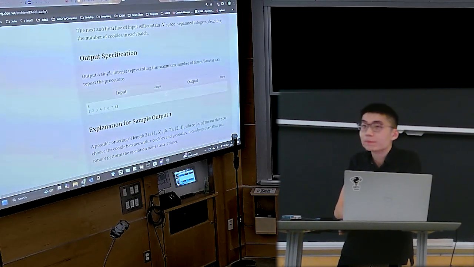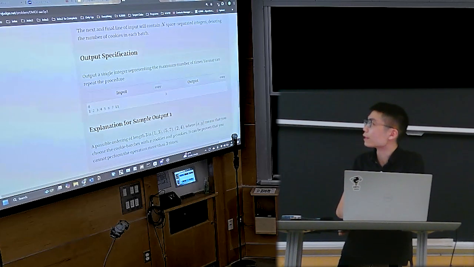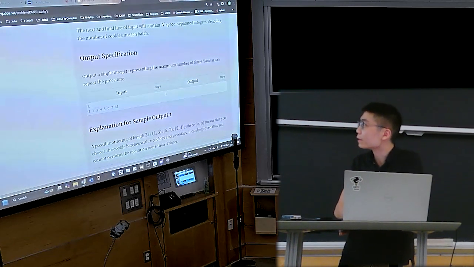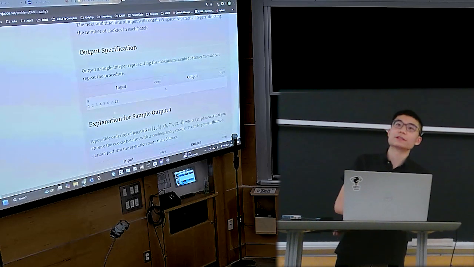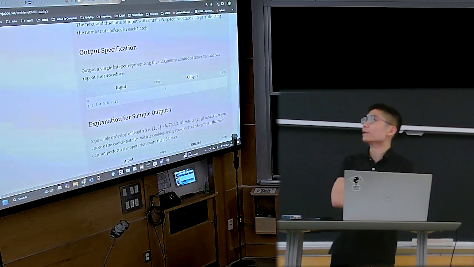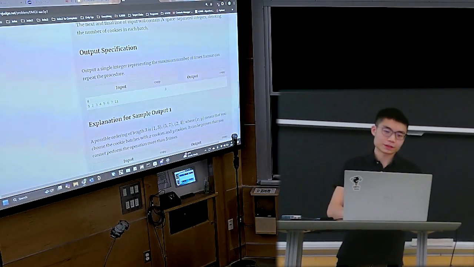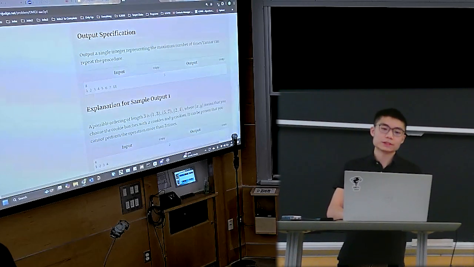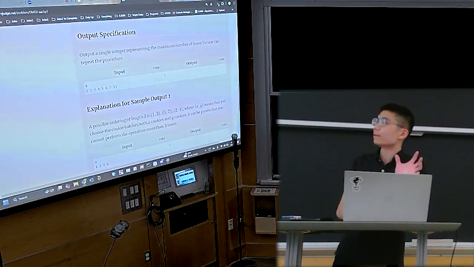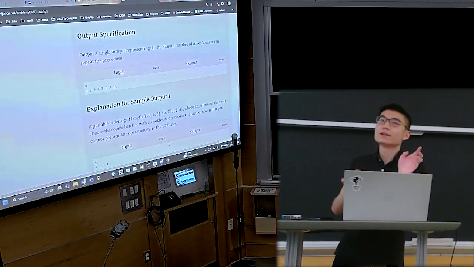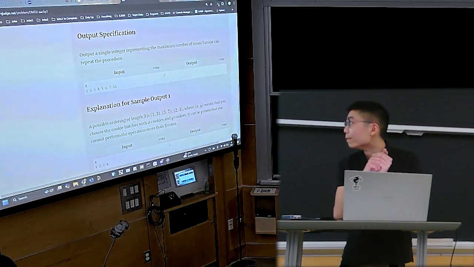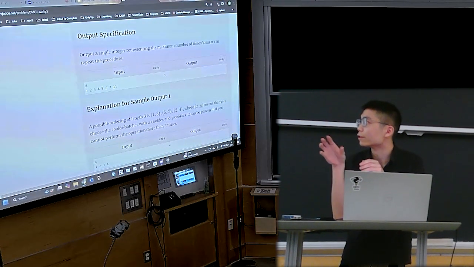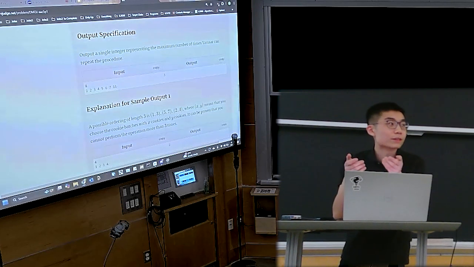This is what an input looks like. So this 8 here means there's going to be 8 numbers. And then the 8 numbers down here are how many cookies are in each batch. So right here, what we can do is you can take the one batch of 1 cookie and the batch of 3 cookies, and that together makes 4 cookies, which is divisible by 2. Then we can get the group of 5, the group of 7, and that makes 12 cookies, which is also